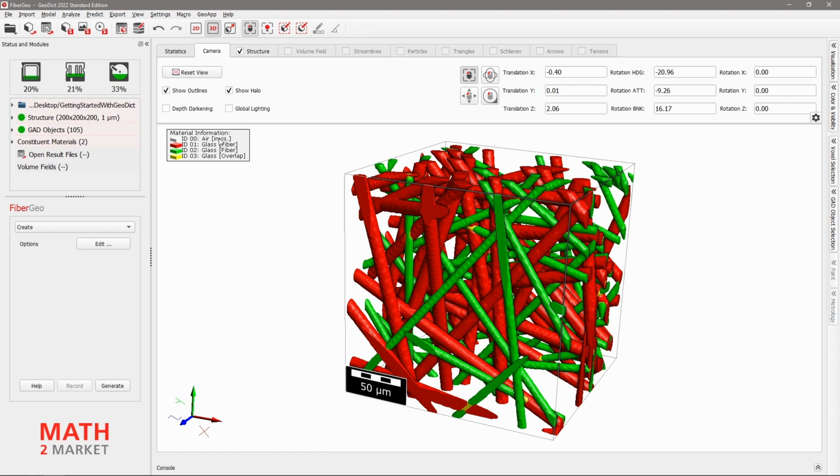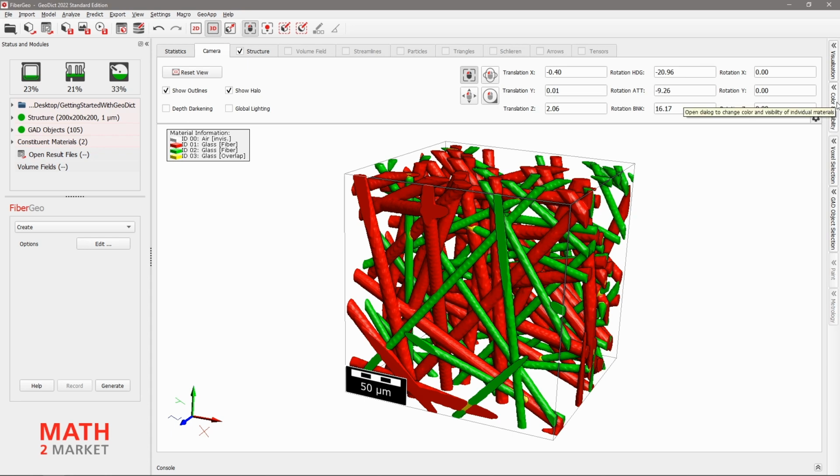The different material IDs are then assigned to a material. Here, ID 0 is assigned to air, and the other 3 are assigned to glass. And then each of these material IDs has its own color. If you do not like the colors as they are right now, red, green, and yellow, you can simply change those colors as desired.